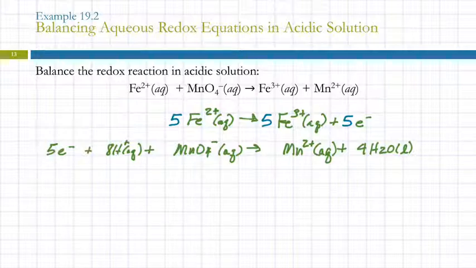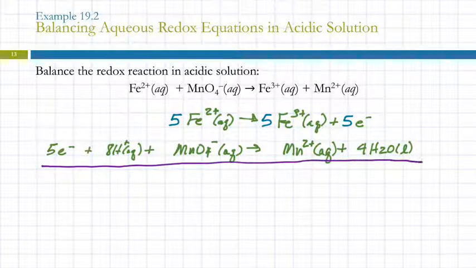So then we add these 2 together, and the electrons will cancel out. The electrons should always cancel out because we're making it that way. Then we're going to write down what's left. The actual order that you write these in doesn't matter. I typically tend to kind of follow what the original unbalanced one was. So I'll start with the